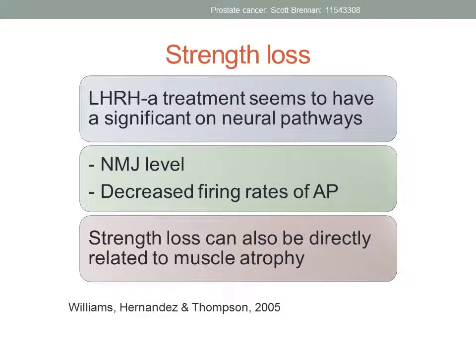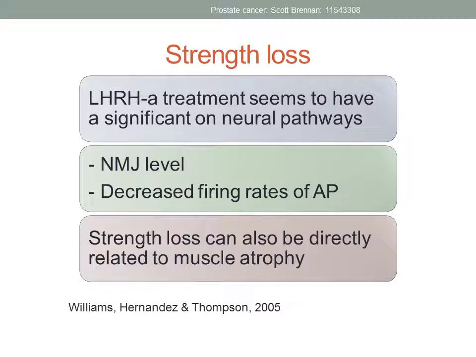Strength loss is also another issue for patients who use luteinizing hormone-releasing hormone agonists as a treatment for prostate cancer. This type of treatment seems to have a significant effect on the neuromuscular junction. A relationship between the dose of luteinizing hormone-releasing hormone agonist and the acetylcholine receptor has been found. Higher doses of treatment have been associated with greater desensitization of the acetylcholine receptor. Therefore, it can be assumed that with supraphysiological amounts of therapy, as seen in patients who receive this treatment, a